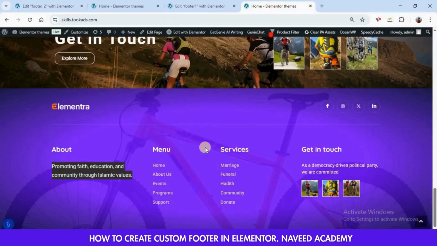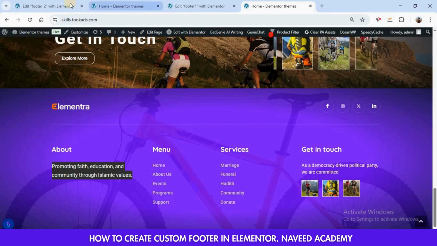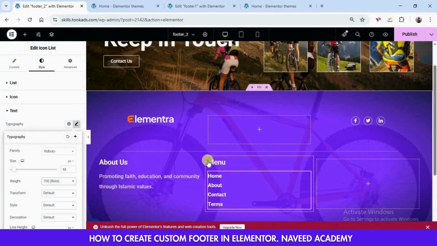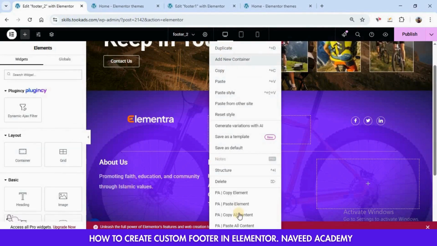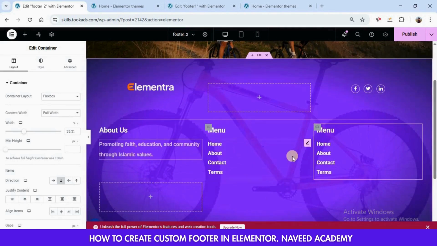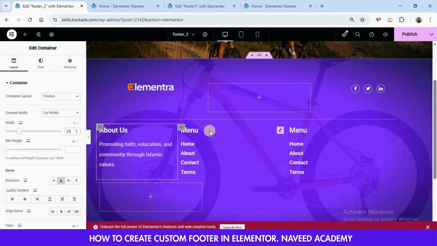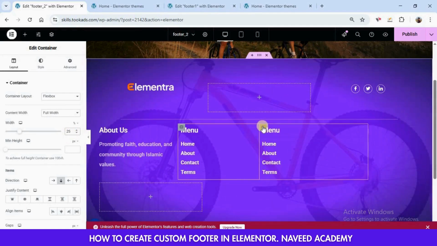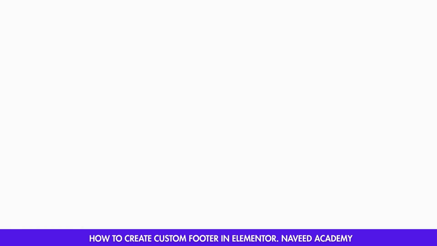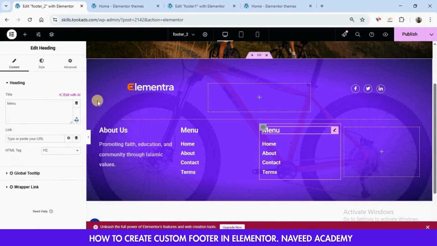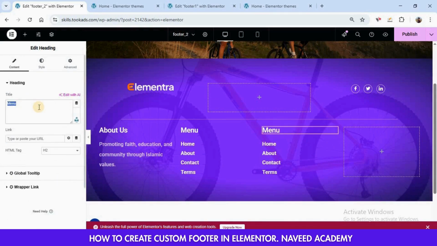After that, if we see our demo, in our demo we have another menu for services. So to create it, go to your Elementor page, click here on this column and duplicate it. Now we need to set the width of each column. We need to set the width of each column to 25%. So after setting the width, click here again and change the text to services